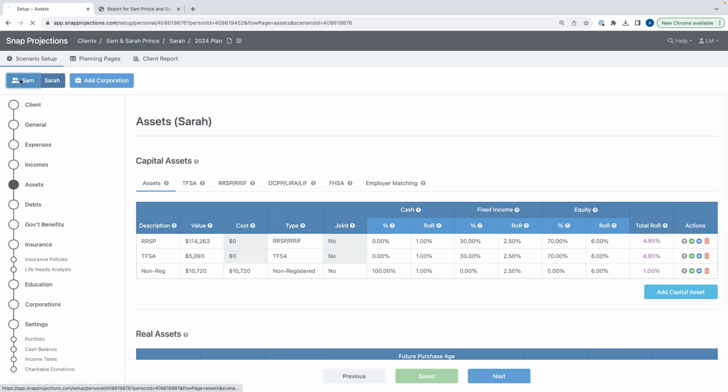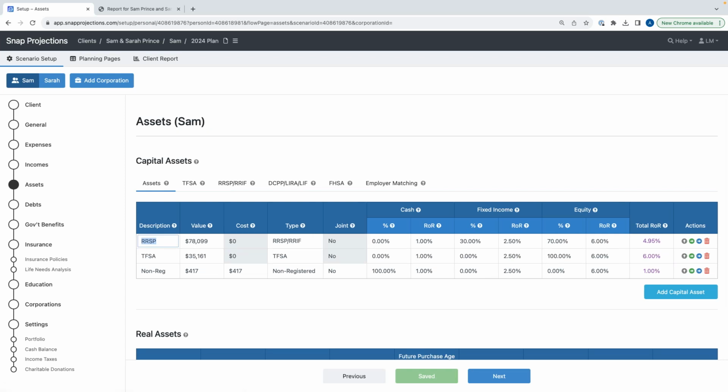So if you remember, I'm going to go under Sam first. We talked to them and they mentioned that they received the inheritance and they in fact have contributed any additional money under their capital assets. So the values are now up to date. So I'm going to go ahead and update this. So Sam now has 120,000 in RSP. He got an opportunity to max out his TFSA, and the non-registered also has about $10,000